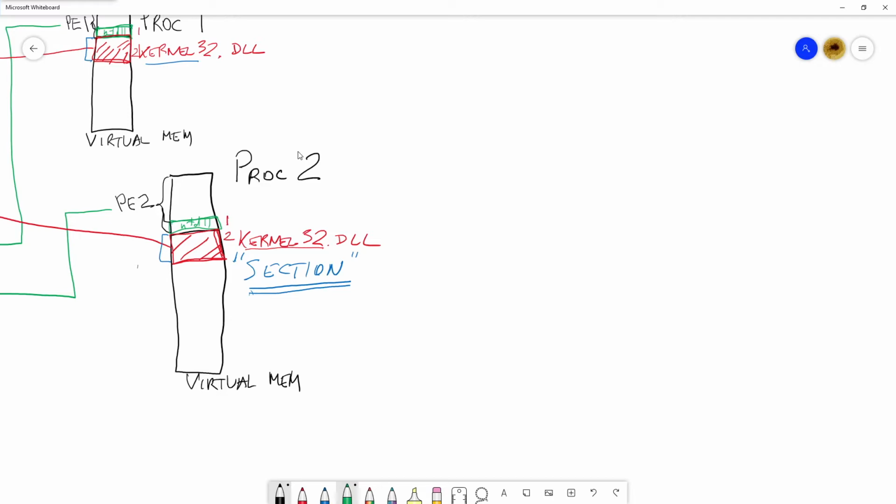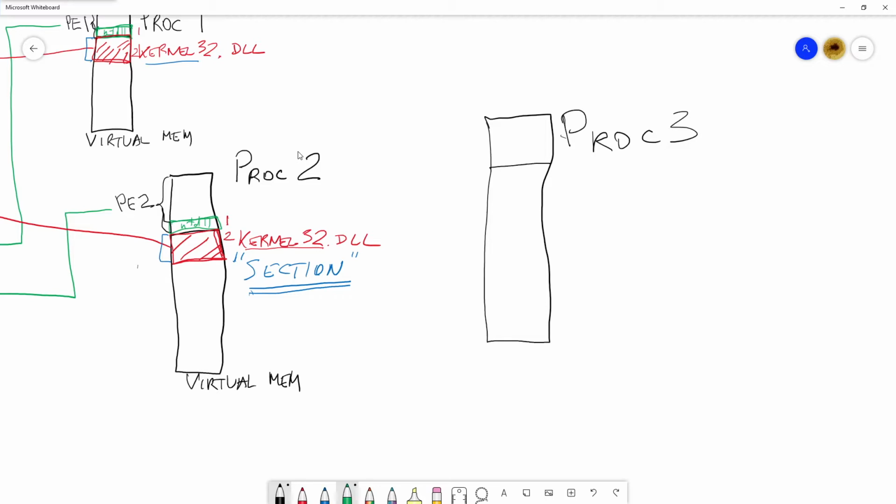Okay, so if we take process 3, with this really ugly outline, the first thing that gets mapped, obviously, is its own PE file. But a PE by itself would not be able to run because it won't be able to interact with the system at all. So to make things functional, the next module that gets mapped is